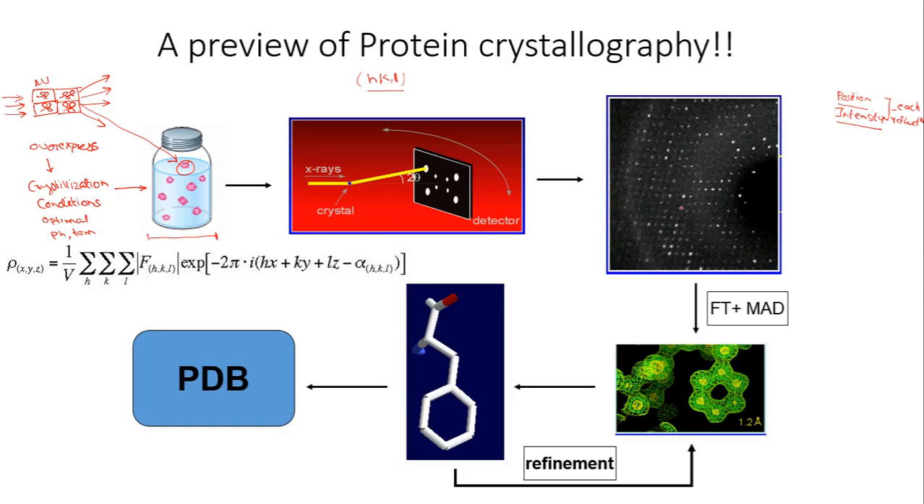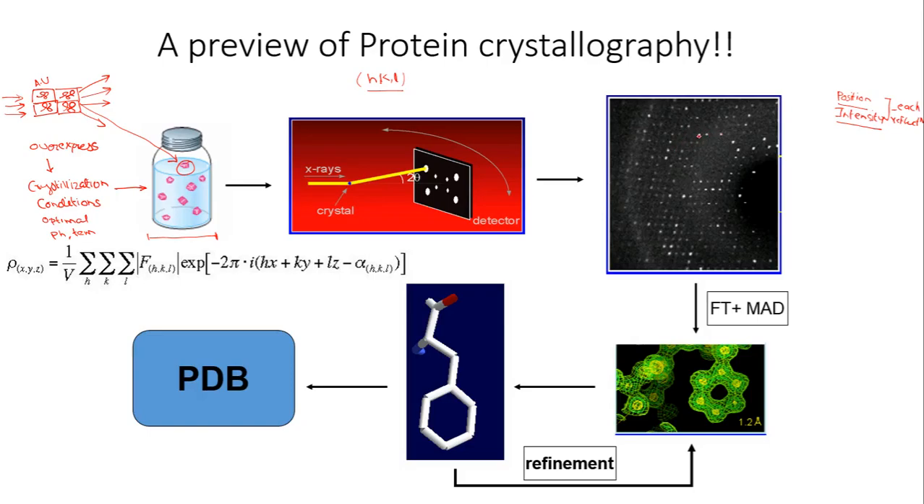Okay, so this is what you have seen in most of the biochemistry books. It is one of the detector screenshots showing how many spots there are and what the intensity of each and every spot is. Okay, so now using this data, you need to solve the structure of your